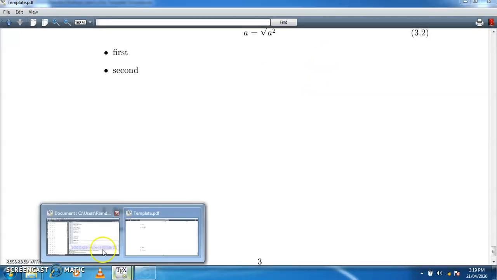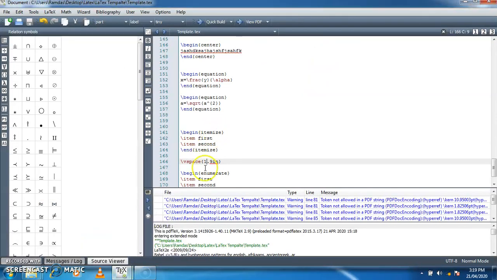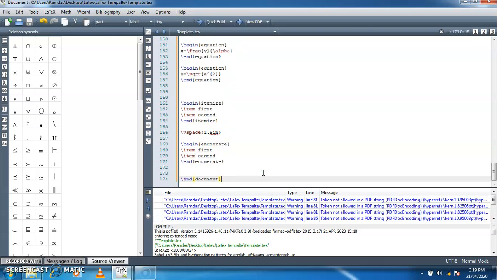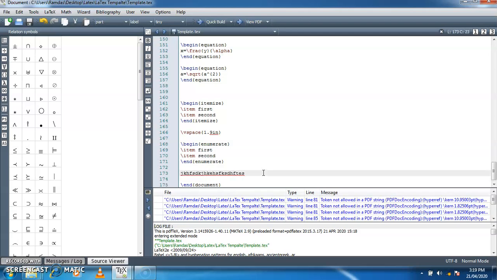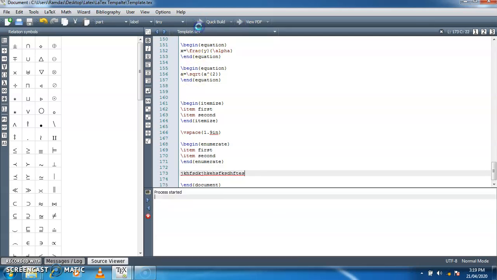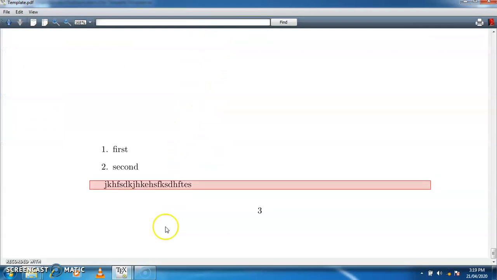Now if I want to include the horizontal space, the command is hspace. Before using the hspace command, suppose I am writing the content here, like this. By default the content is right justified, so it will appear on the right side.